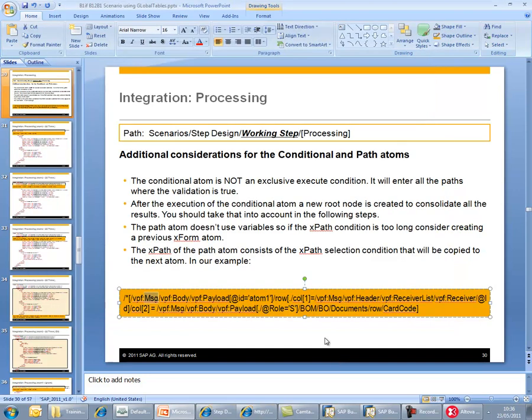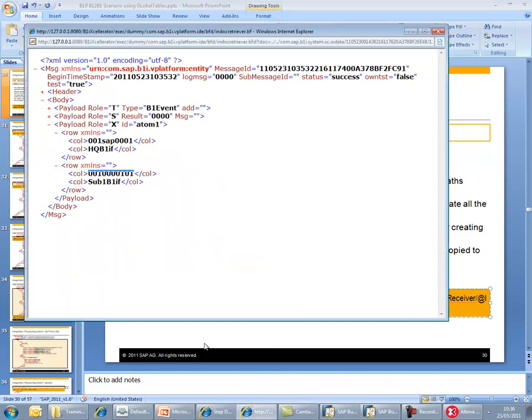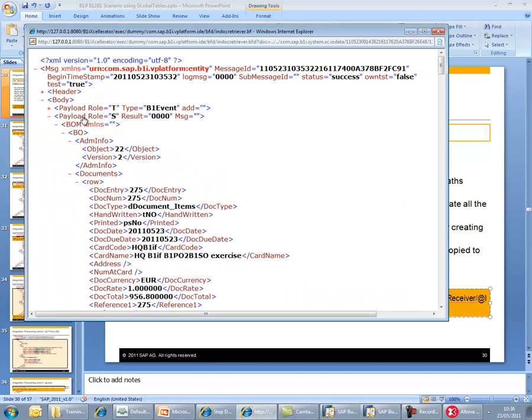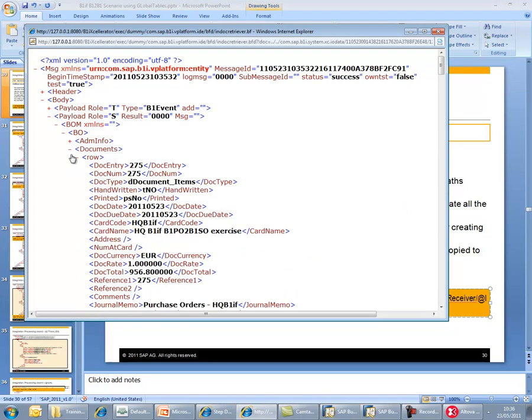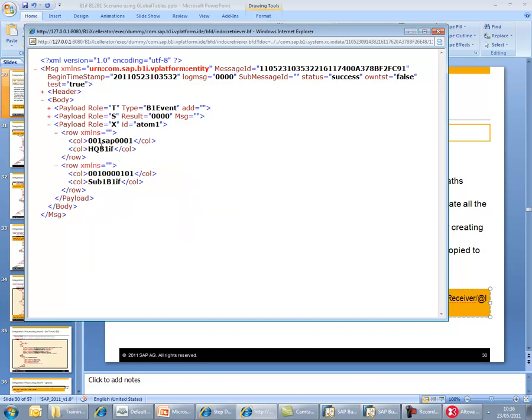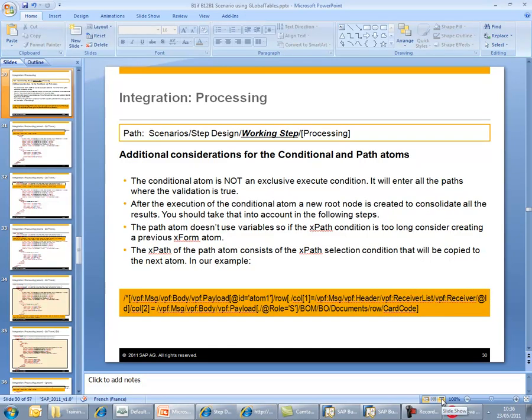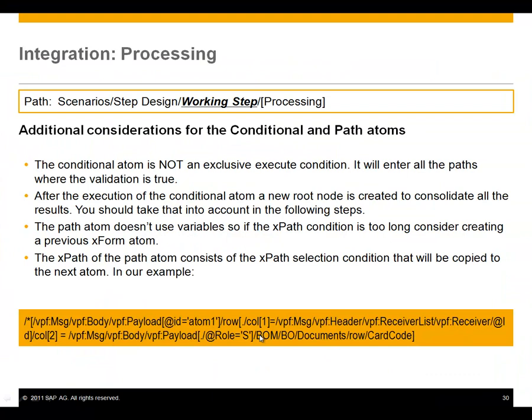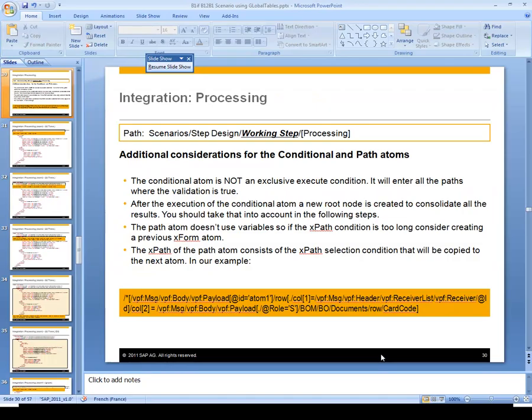So message body payload where ID is atom 1 is going row by row, going to the column 1, and comparing what is in the message body payload with the SBO BO documents row car code. So we go and open the SBO BO documents row and car code. So it's comparing that value with the one that is associated to the headquarters company here. It's filtering based on the car code of the purchase order and regarding what we define in our system global table. If we look in our debug,